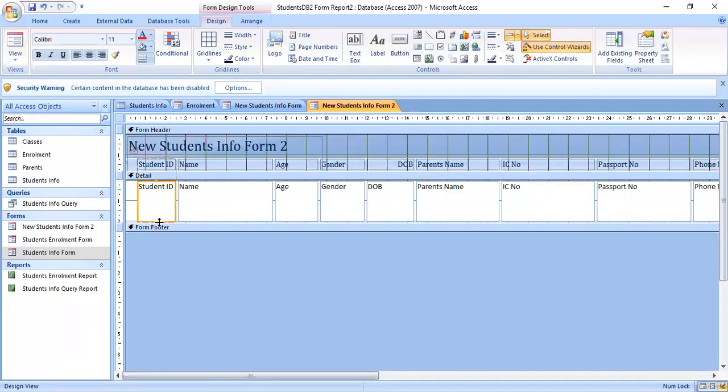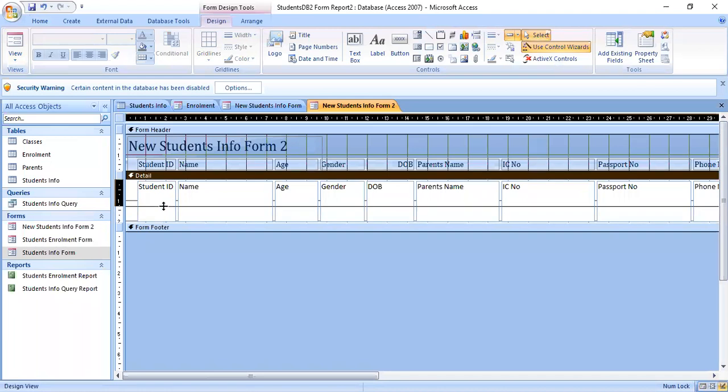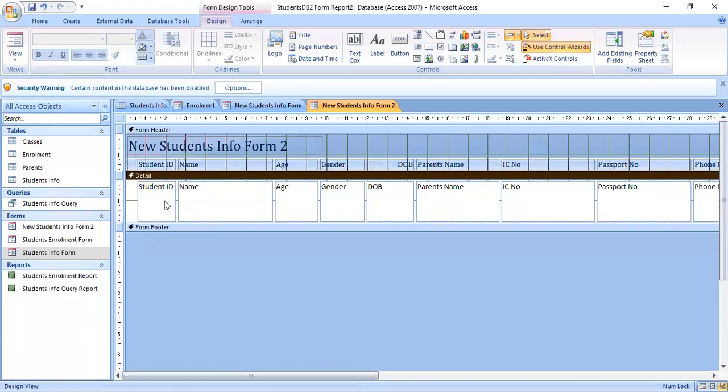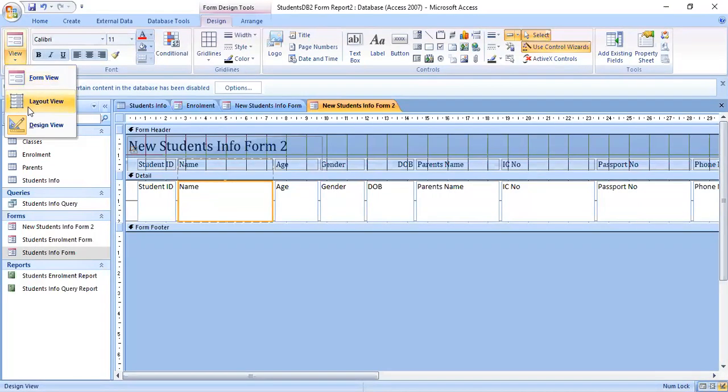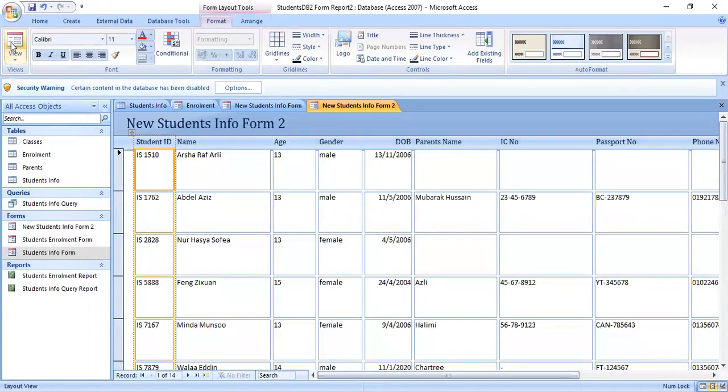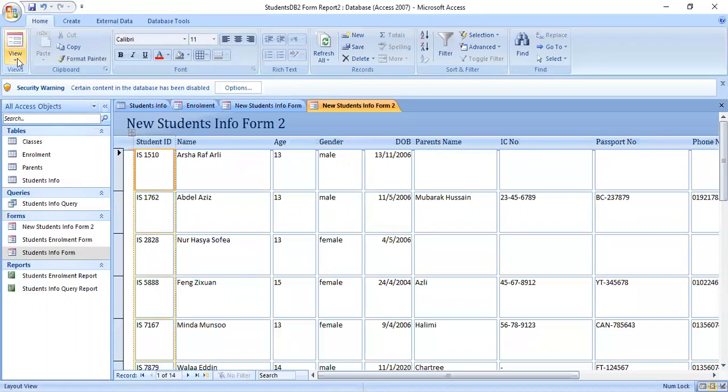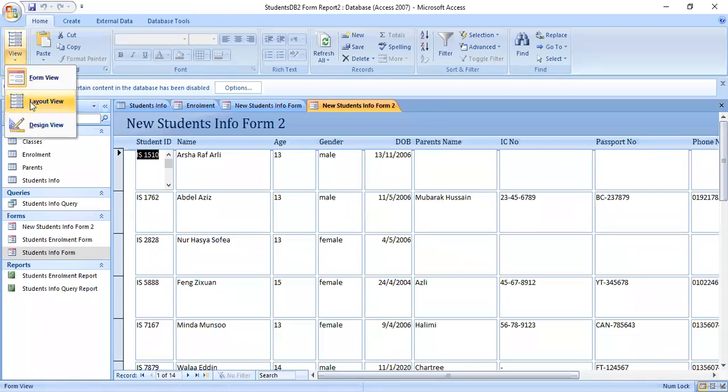I'm making it smaller. Let's go and see. Form view also, this is how it looks like. And you can also change the